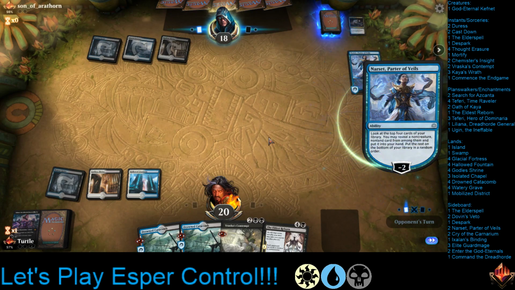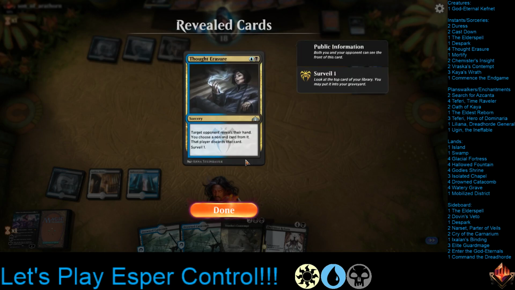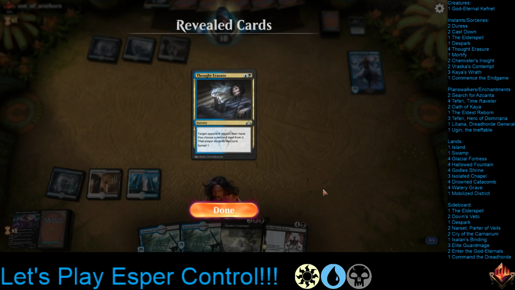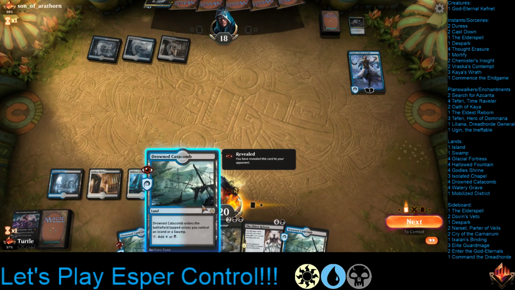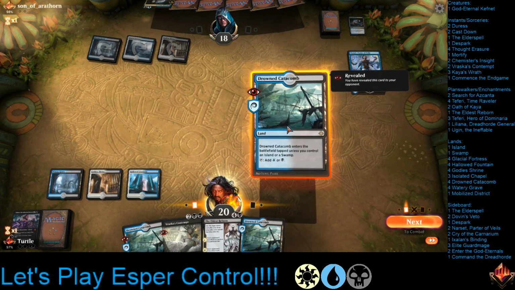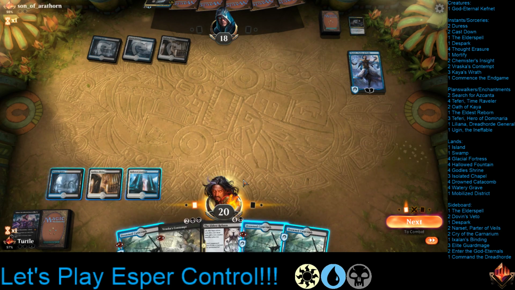So the Narset is alright. My preference would have been to just slam this Eldest Reborn into it. But we're not going to make it to turn 5 before the opponent takes the Eldest Reborn. There's the risk of double Thought Erasure. Like, we could just play our land and say go,